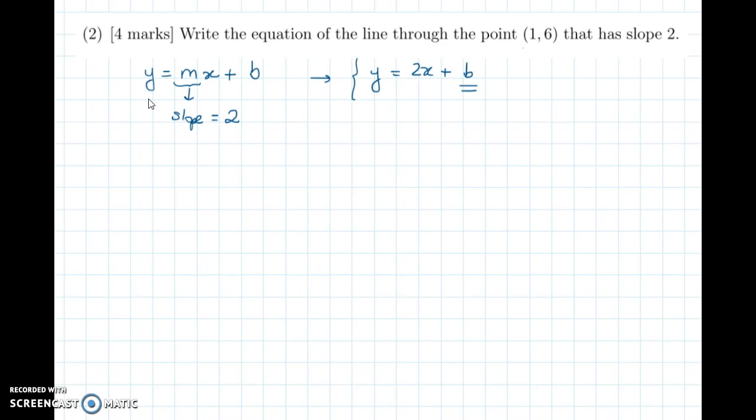But we know that the point 1, 6 is a point of the line. That means when x is equal to 1, the result of y is 6. In our equation, this means that 6 has to be the same as 2 times 1 plus b. So 6 has to be the same as 2 plus b. So from here we can find that the value of b has to be 4. So the equation of our line is y equals 2x plus